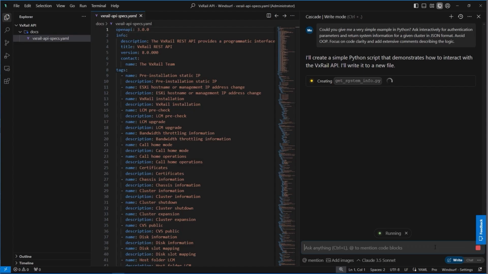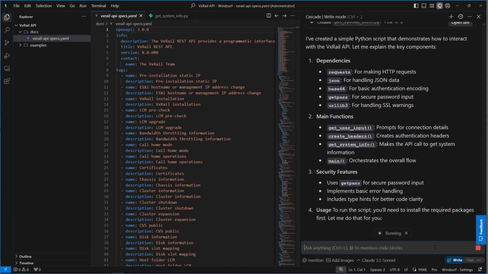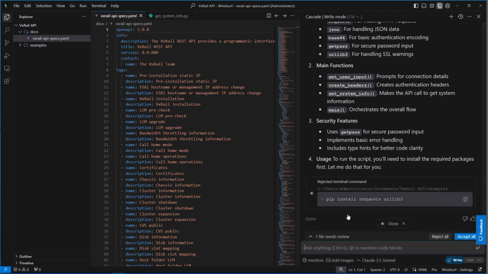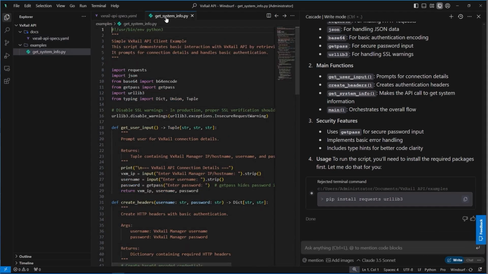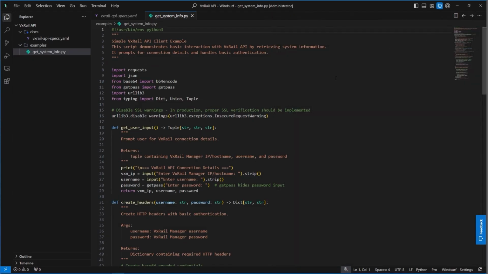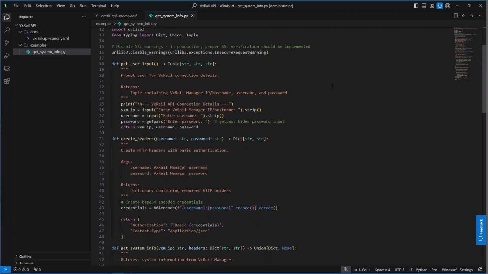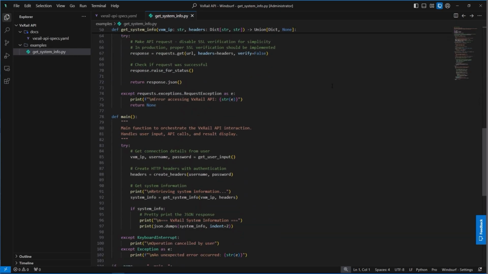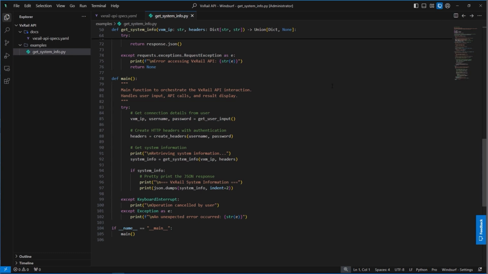While generating the script in a separate tab within the editor window, the Cascade agent suggested executing a command to install the necessary Python dependencies. Since I will test the script on a different system, I reject that suggestion because that's not what I want. After the response generation is complete, we can simply click Accept All to accept the newly generated script fully. In the editor window, we can see that the script is very well structured and contains extensive Python docstrings and comments explaining the logic and error handling, something that many of us skip when developing our scripts from scratch.